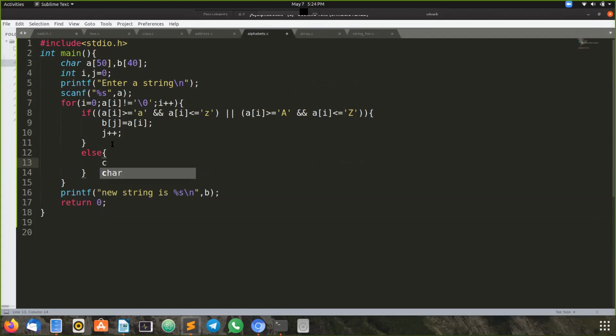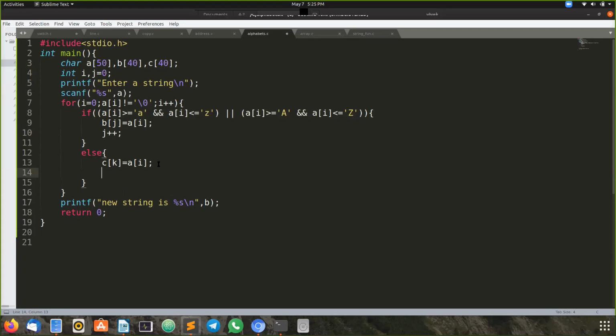For more clarity, I want to show you another array. If this condition is true, those values will be stored in array B. If not, they will be stored in the C.